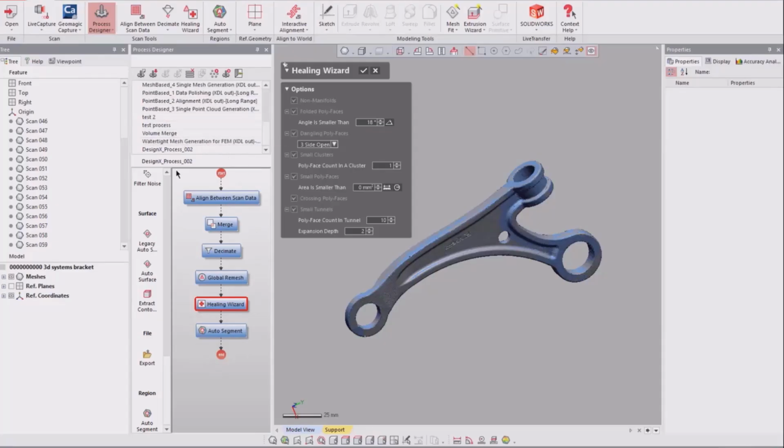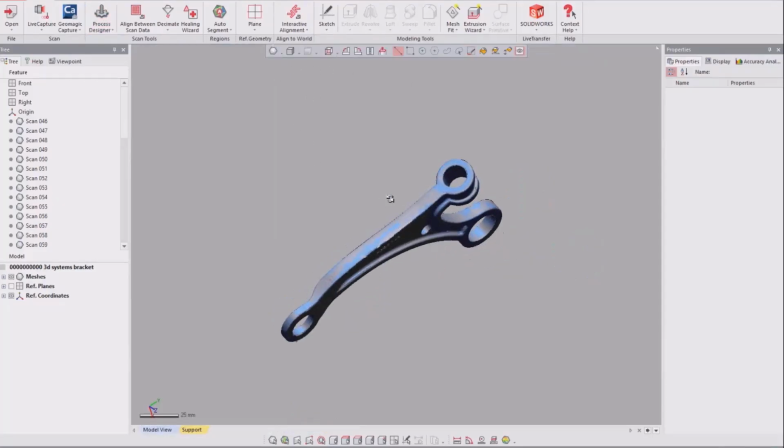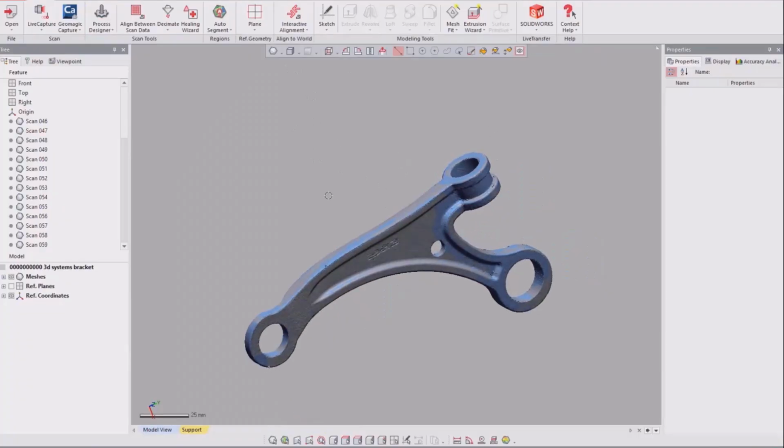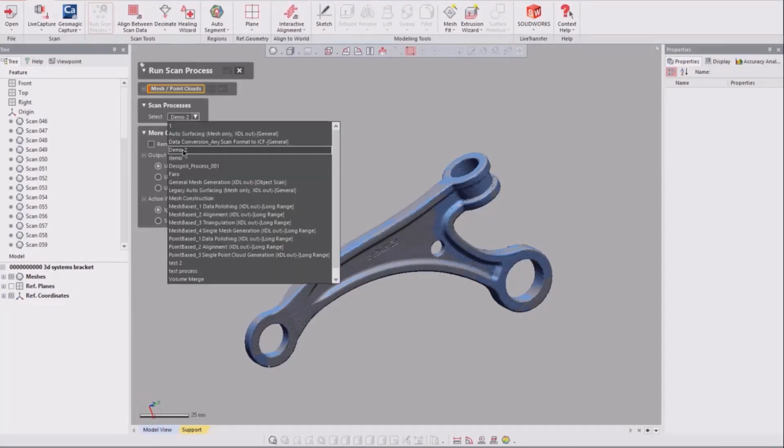And then once you're done, you can save the scan process and name it whatever you want. So if I wanted to name that demonstration, I hit OK. Now, once I want to run one of these, I can just come right over to Run Scan Process, and I could select from the drop down all the ones that I've built ahead of time. So maybe I want to run